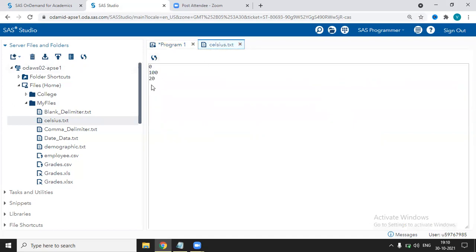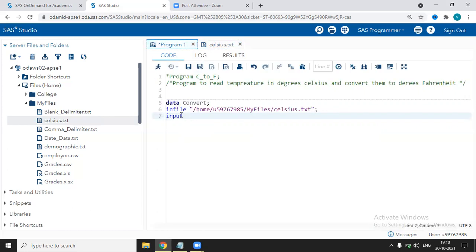Here you can see we have just one variable, and we don't have any variable name. So we'll give a variable name in this input statement. I'm giving the variable name as temp underscore capital C, that is temperature in Celsius. For now, we just have one variable, so we are writing just one variable name and ending with semicolon.